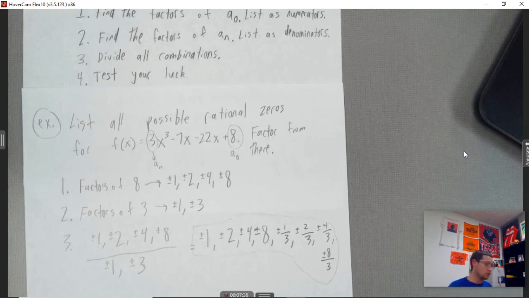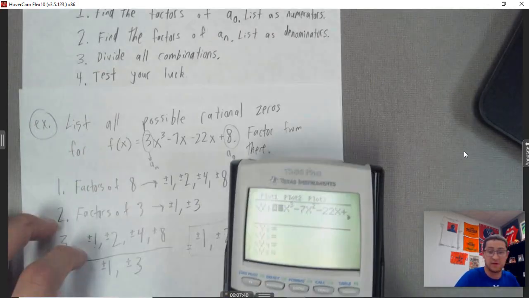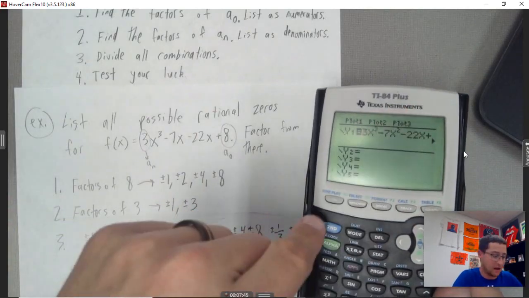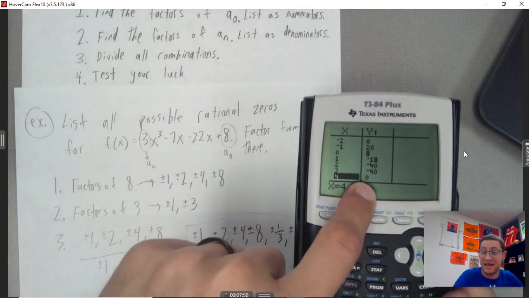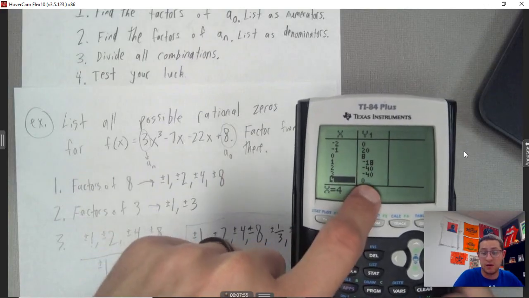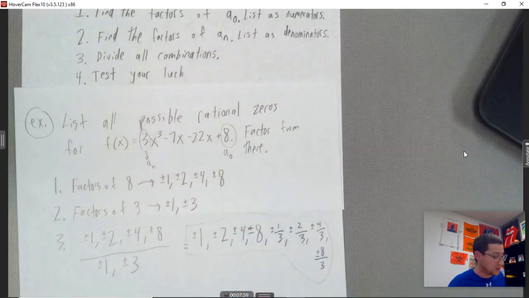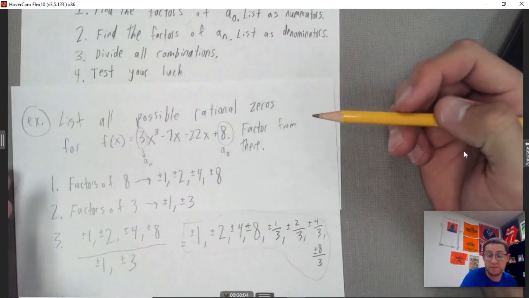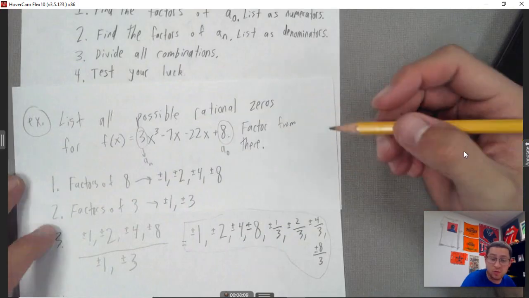So step 4, test your luck. I'm going to skip the testing by doing something a little different. I'm going to use my calculator. I already have this polynomial in, and I'm going to cheat a little bit and look at the table. Since I plug in x equal to 4 and get out a y value of 0, I know that 4 is a zero. We're actually going to factor this entire thing now using the rational zero theorem. I found that 4 is a zero. So in other words,